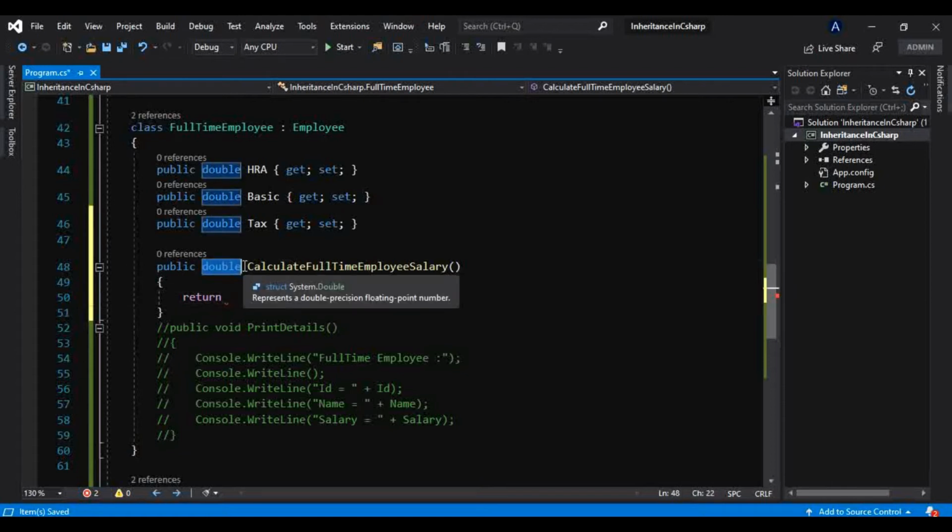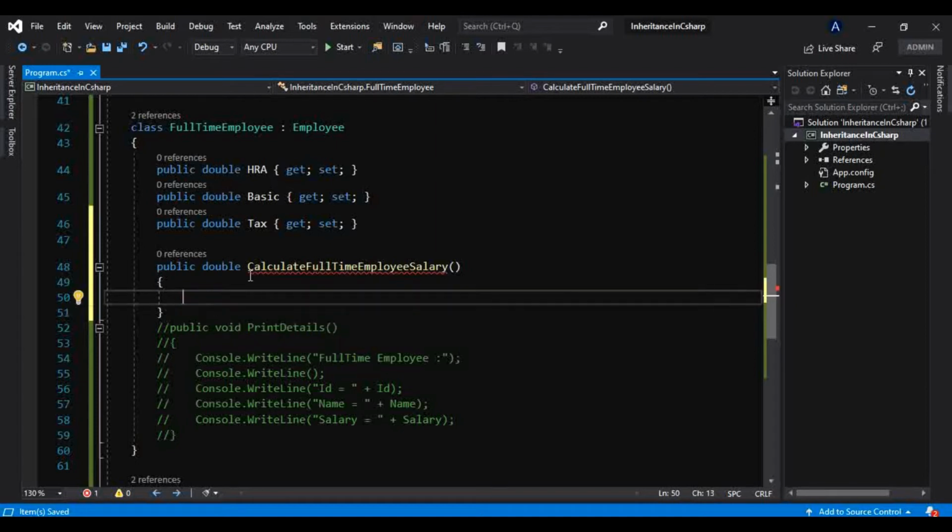If there is a valid return type which is returning something, then we have to return, otherwise it gives us an error, as discussed in very previous tutorials of this tutorial series. If you are not aware of that, please check what a method return type is. All these things we have discussed in great detail. So I will return the salary calculation here.